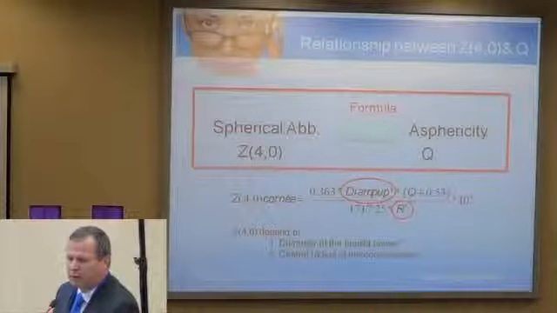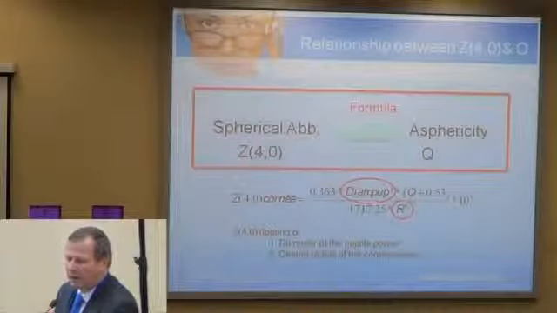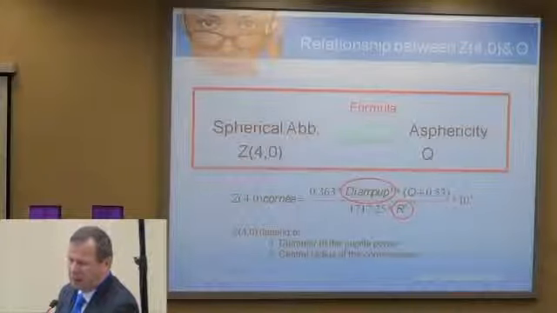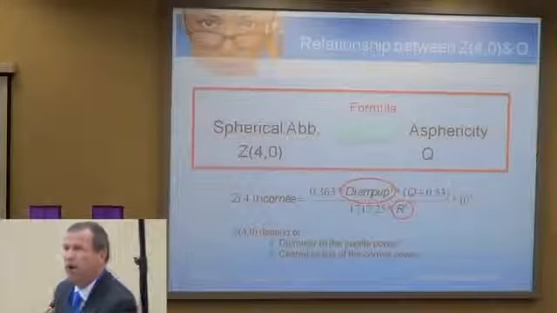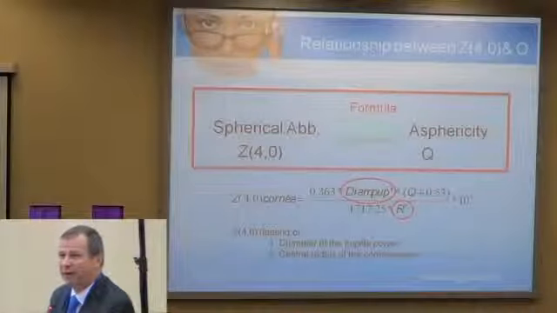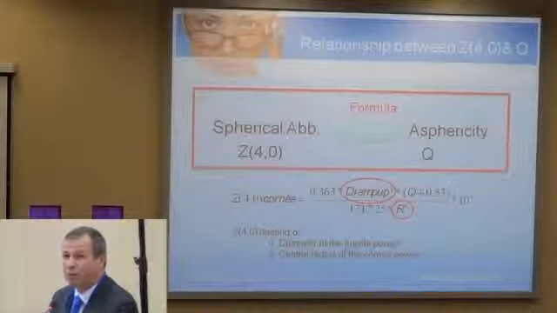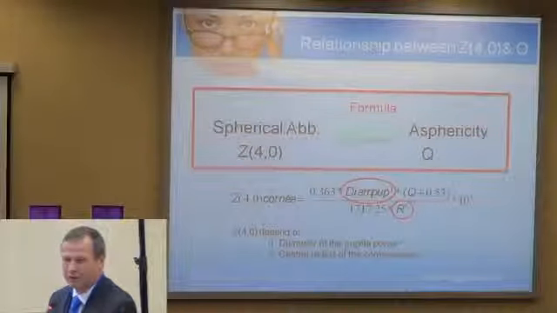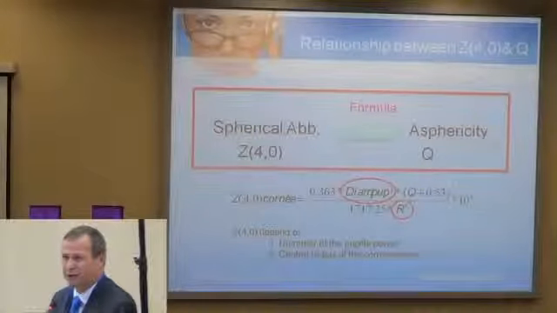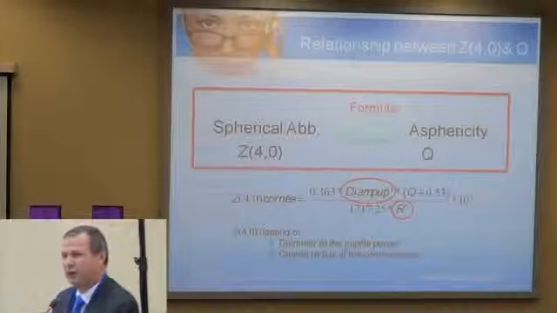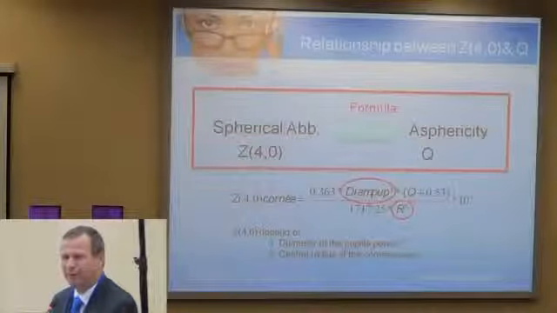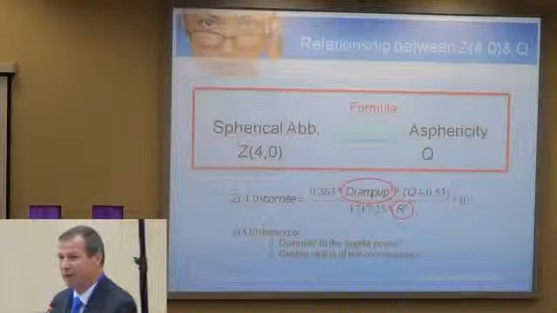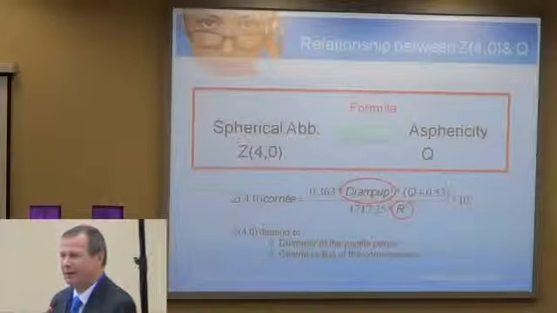So Z4 is equivalent to the diameter of the pupil to the power 4. That means that the pupil is the most important thing in your vision for aberration. So if you want to have less aberration, you have to work on the pupil. And you can work on the Q factor without any problem, but don't forget the pupil. So the main thing is the pupil.